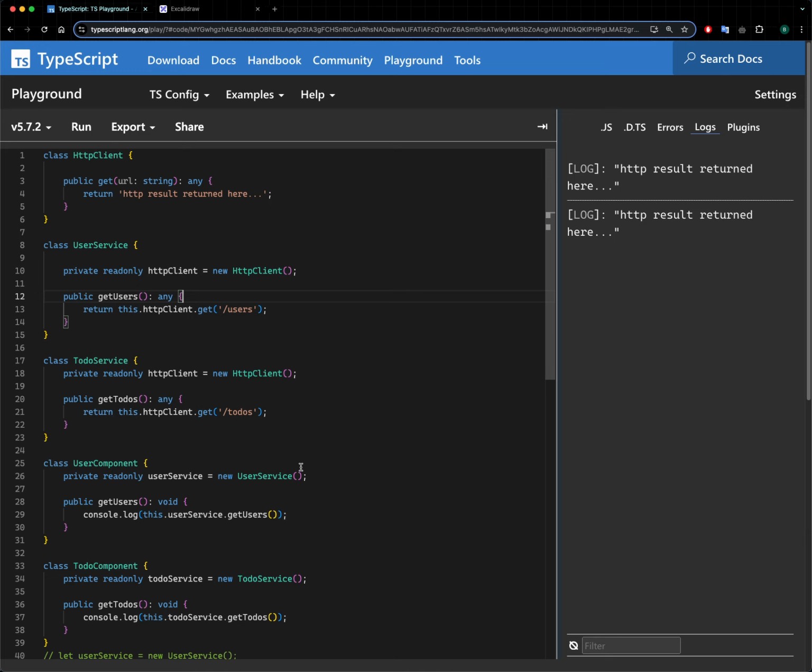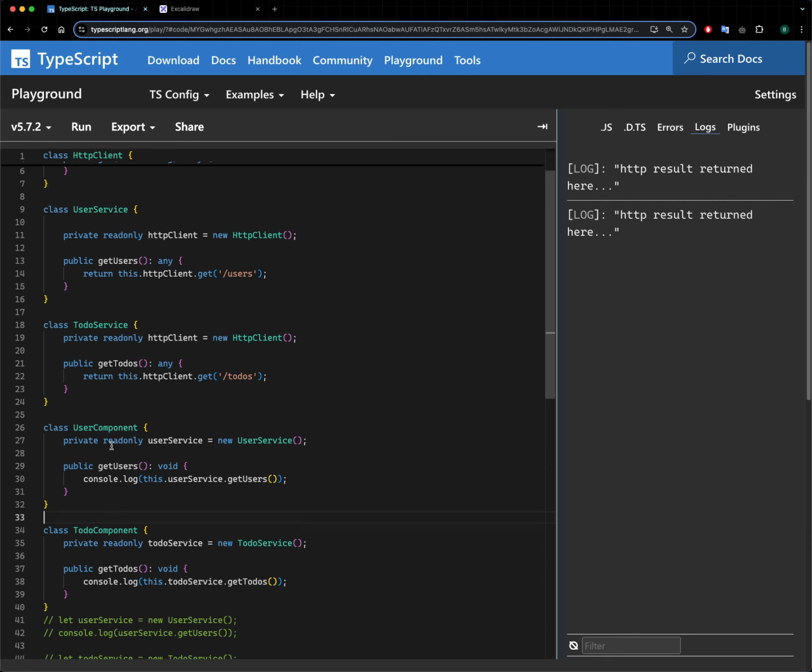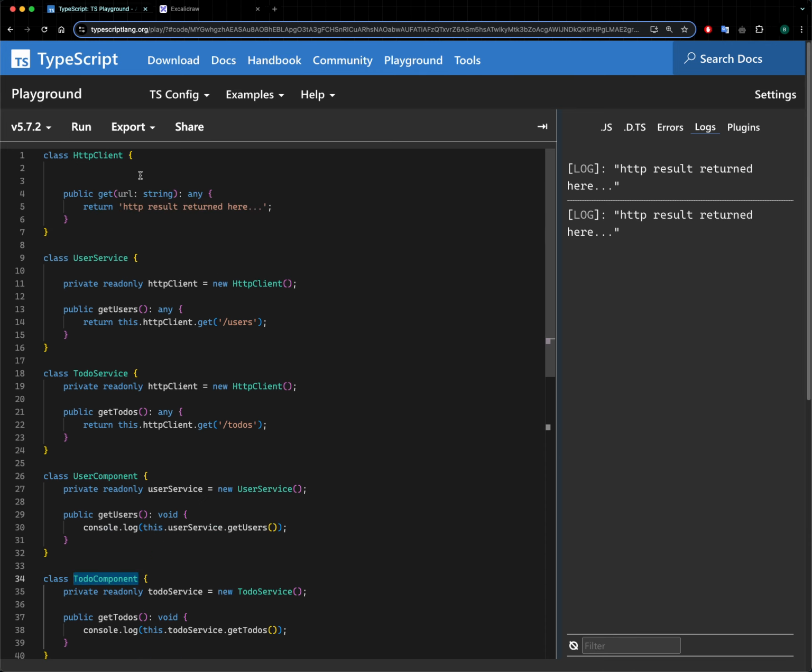So this is the problem. What is the problem here? Do you see? Let's say this HTTP client is being provided by a different library. In the Angular case, it comes with a different package that you can import into your application. Now, let's say you deploy your application with the user component and the to-do component, and there is a revision to